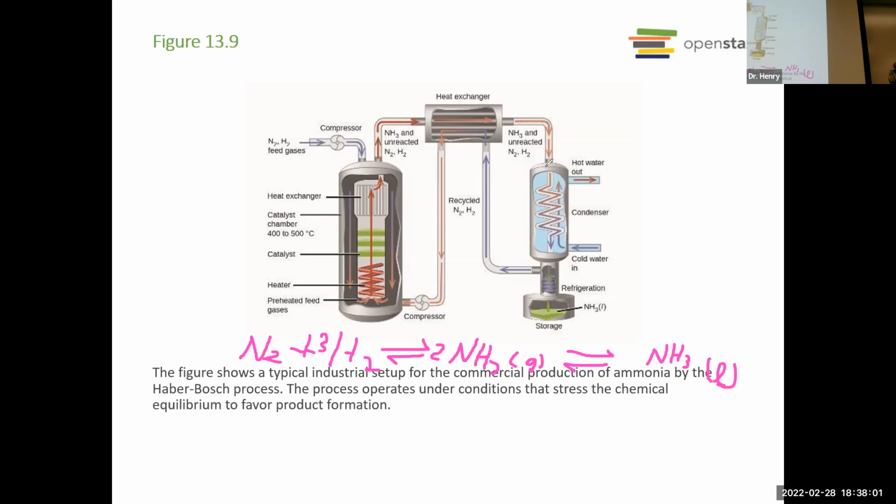Then it comes over here. And as we cool down even further, what we end up doing is making liquid ammonia. The nitrogen and hydrogen gas goes back this way because they're still gases. They're always going to be gases, where ammonia can be cooled down to its liquid form. And so then this is removed from that system, right? So if we're constantly removing this, which way are we driving the reaction?